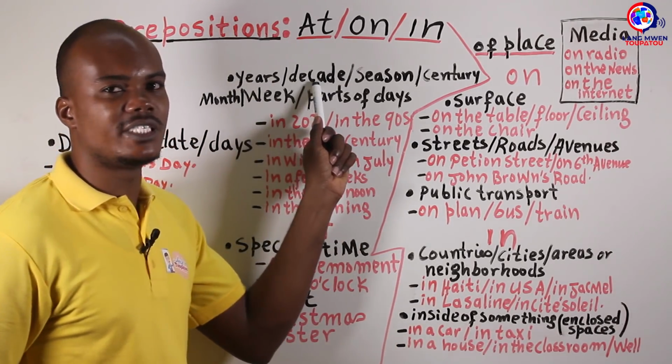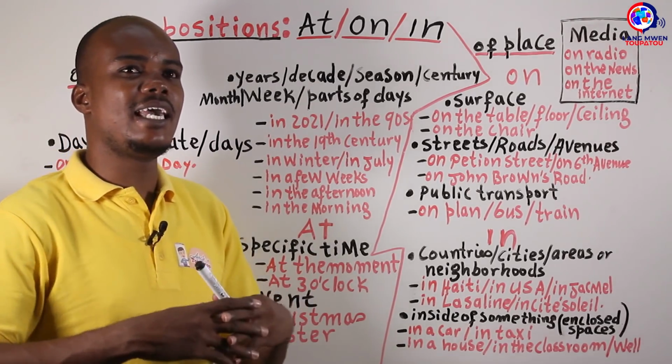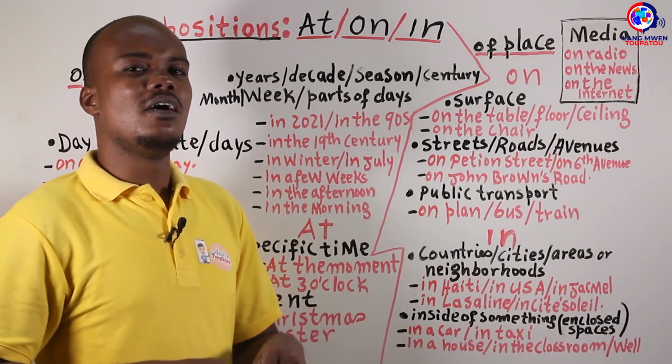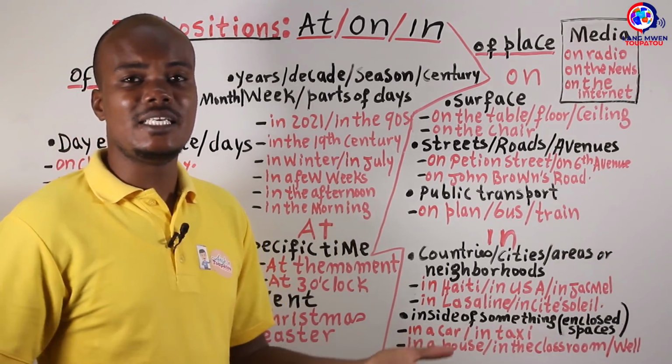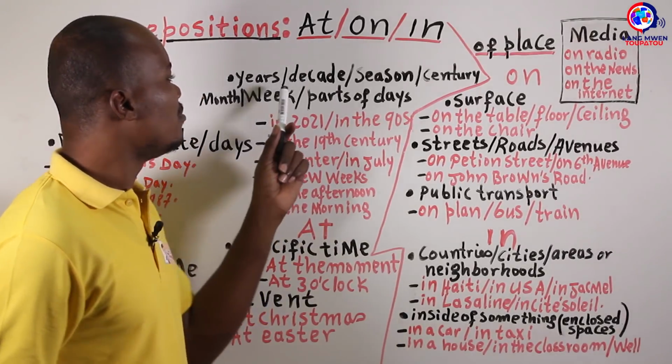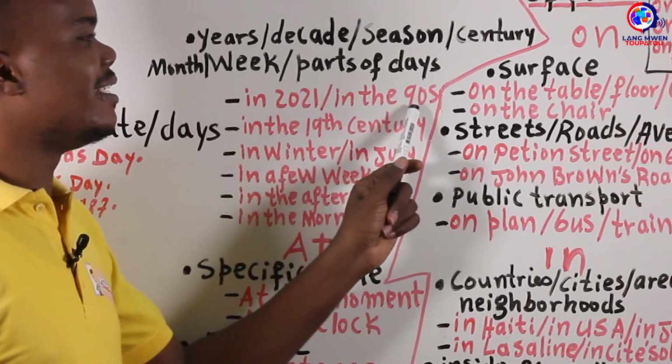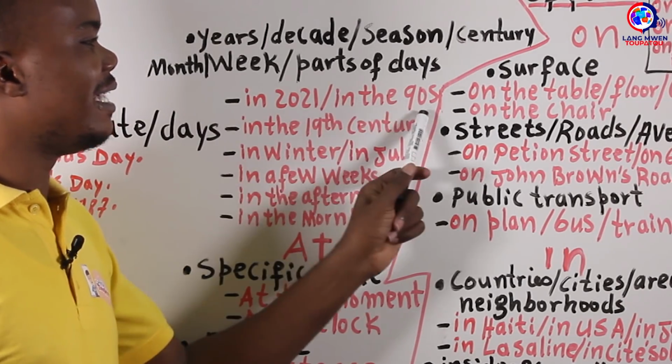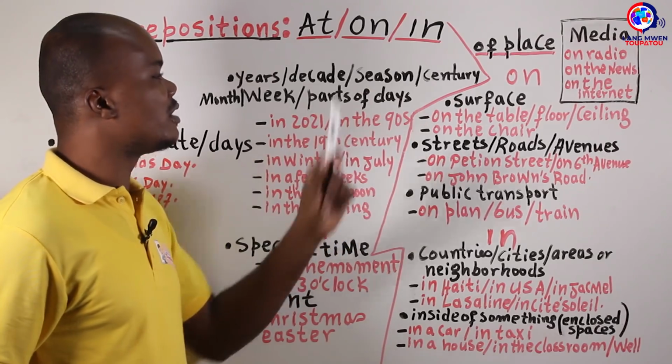Secondly, you use it before decade. Decade, when you talk about decade, about 10 years. So, for example, you say in the 90s. Okay? In the 90s. And for season,